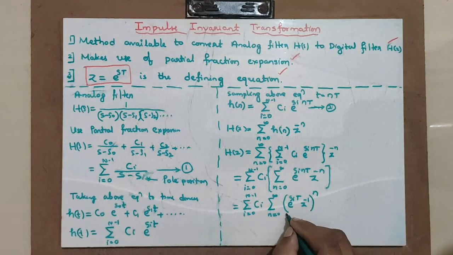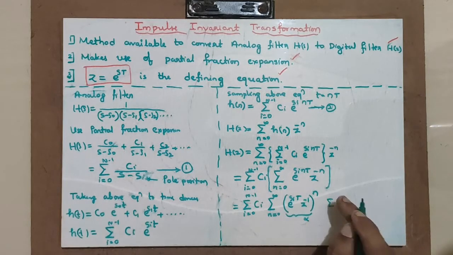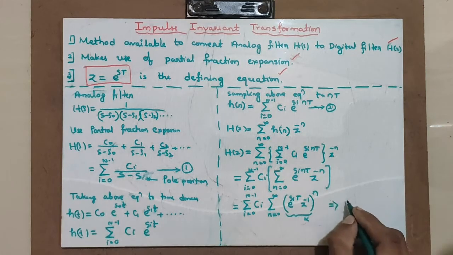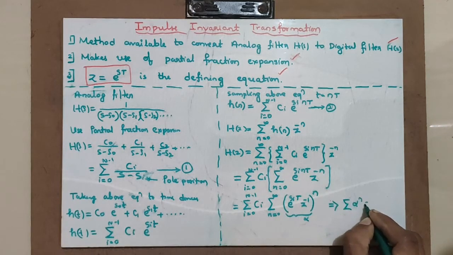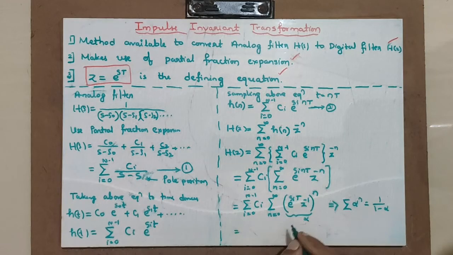Right. This is very famous. You know already, alpha raised to n. This equation you can simplify, because summation alpha raised to n becomes equal to 1 divided by 1 minus alpha. From signals and systems onwards you have come across this equation, right? When I simplify this, it becomes something like this.